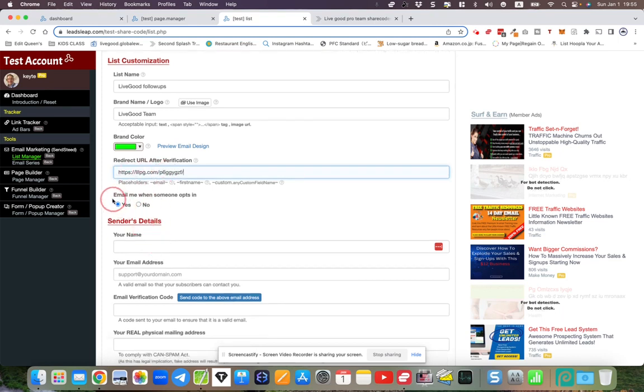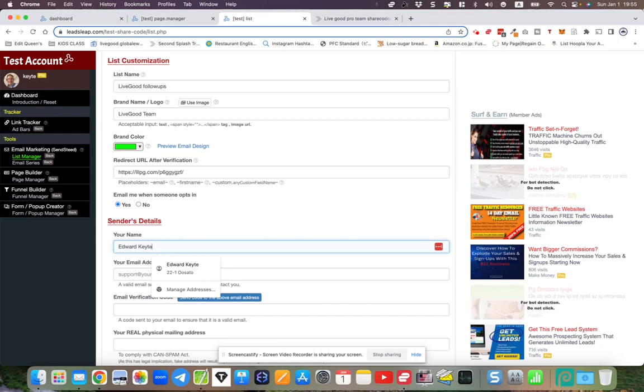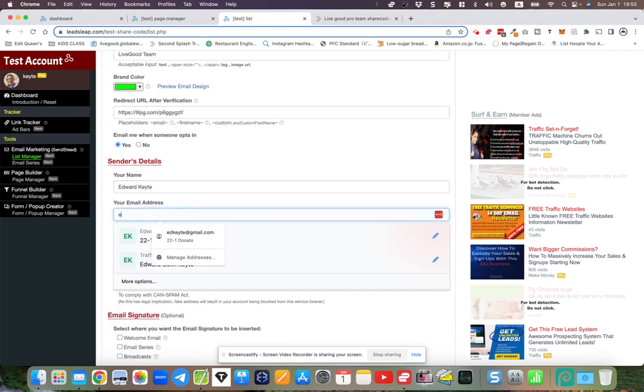Okay, now it's up to you if you want. Every time someone opts in, you can have the system email you just to let you know and alert you that somebody has just opted into your list. It's up to you. Just keep it as it is. Put your name in here, just so that people know who you are, which is important. Then put your email address in here,